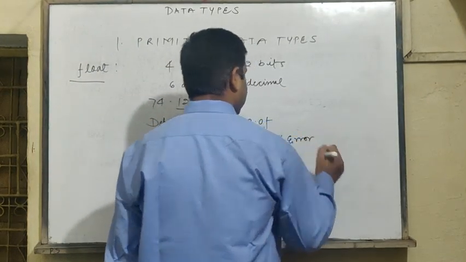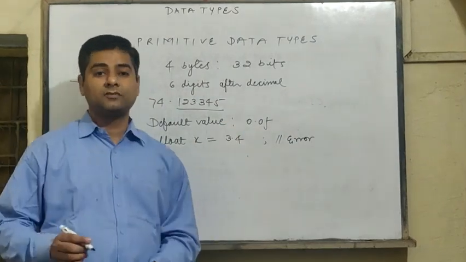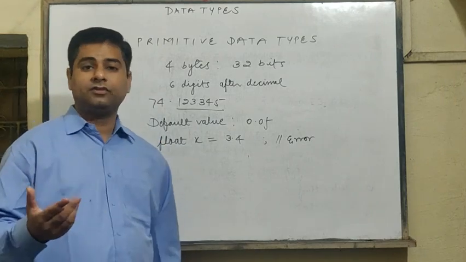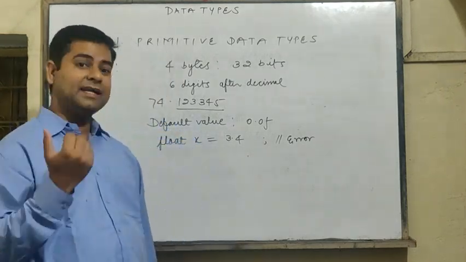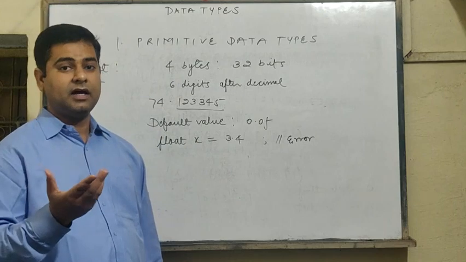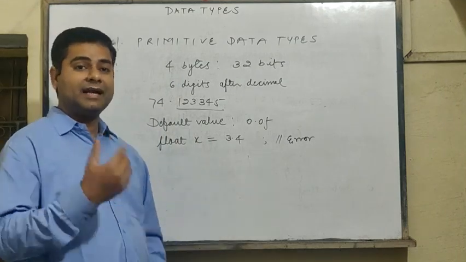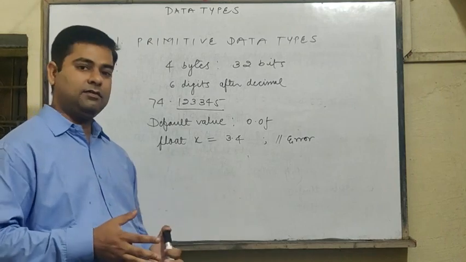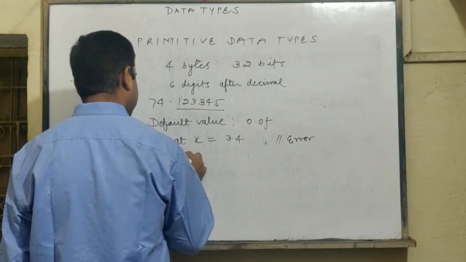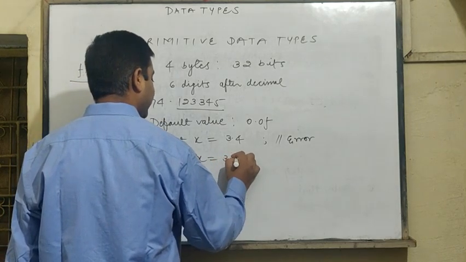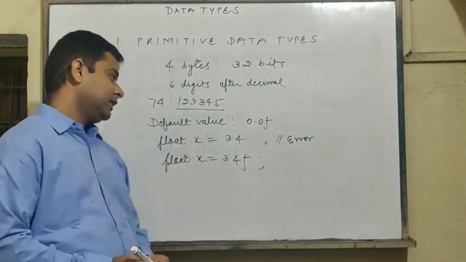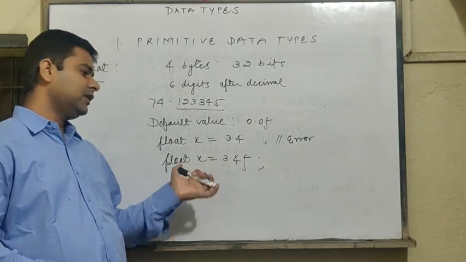Why? Because any value you write, 3.4, 6.5, 7.8, 8.9, without suffix, so you are not writing capital F or small f, that particular decimal value will be taken in double data type. Automatically the compiler will take that particular value in double data type, and double is higher data type than the float data type. So double type value cannot be stored in float data type, so it will give you error. So to remove this error, what correction you need to make? You will have to write float x equals to 3.4f. Okay. So now this decimal value can be stored in float data type.